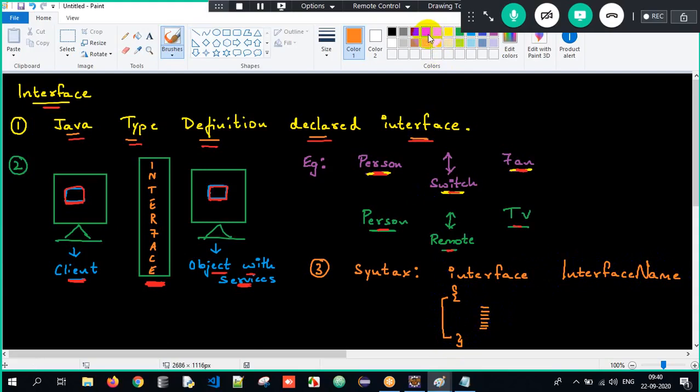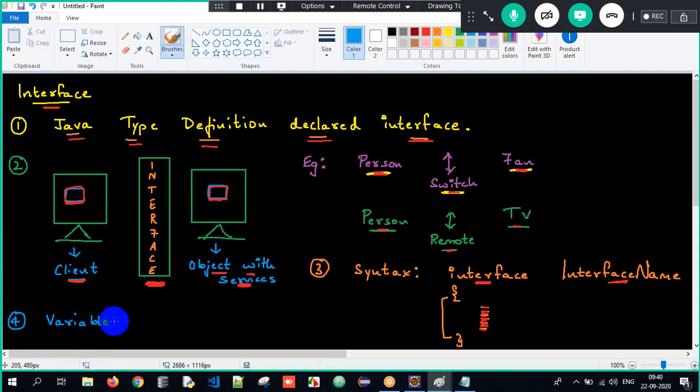Got it? Class will be created with the help of the class keyword and class name, whereas for an interface it is the interface keyword and interface name, open curly braces and provide the implementation over here. Got it? So we understood the definition and the syntax of defining an interface. And the fourth point here is, can an interface have variables, sir?